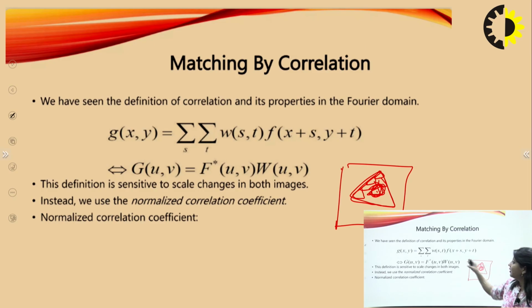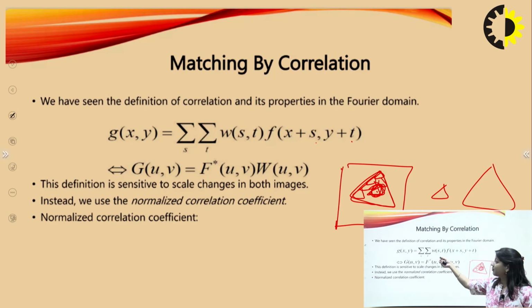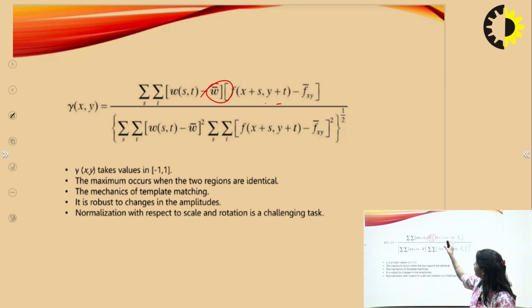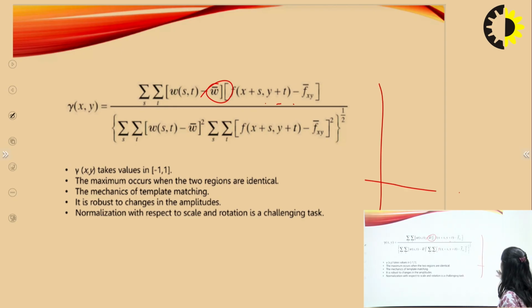This is the formula. This s or t is the pixel of the smallest image. This x or t is the pixel of the largest image. And we just find the correlation of these images. This is the formula for finding the correlation. This w bar is the mean of the pixel, and x plus s, y plus t is the coordinate. Actually, these are the coordinates when we draw this image at x, y position. So this is the largest image, and s or t is the coordinate of the smallest image.